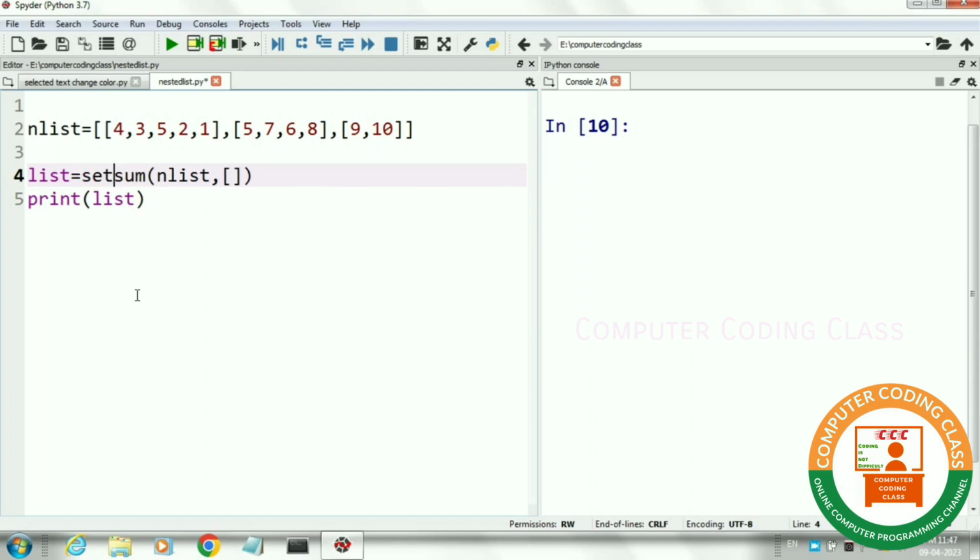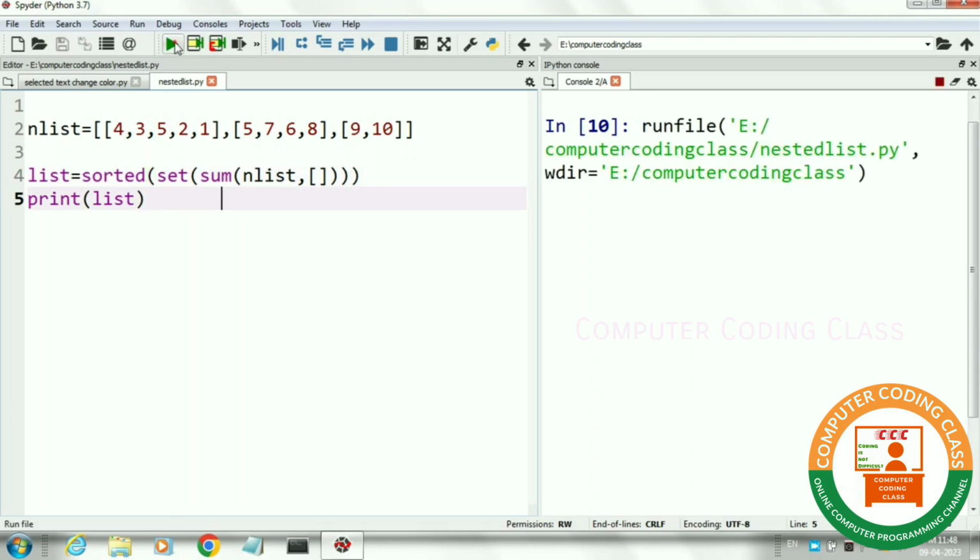So here I am using the set function and enclose our sum function with the set function. Next, we will convert this set into a list using the sorted function. The sorted function converts a set into a list as well as it will sort all the elements. It is also a single line code. Now run the program and see the output.